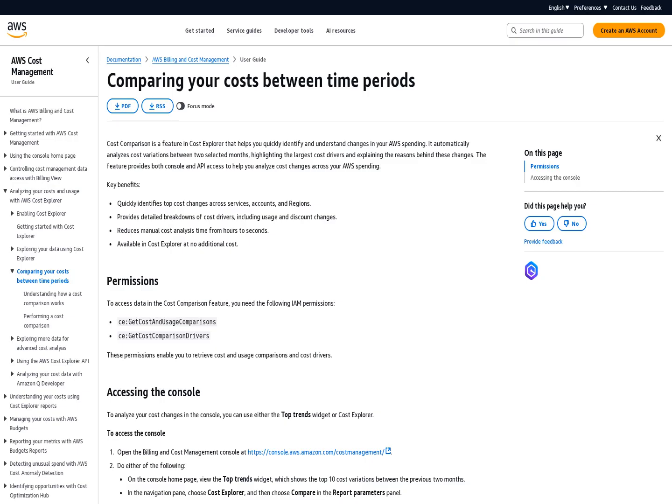AWS Cost Explorer now offers a new cost comparison feature that helps customers understand cost changes between 2 months. This feature automatically detects significant cost changes between 2 months and surfaces the key factors driving these changes. Cost comparison streamlines the time-consuming process of cost analysis by automatically identifying the most substantial cost changes across services, accounts, and regions. It eliminates the need to switch between different views in Cost Explorer or export data to spreadsheets for